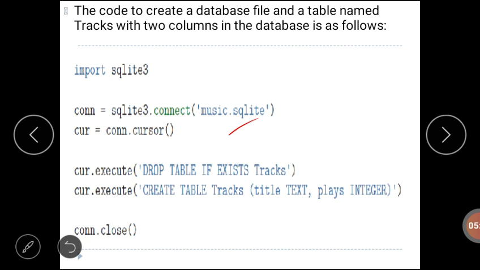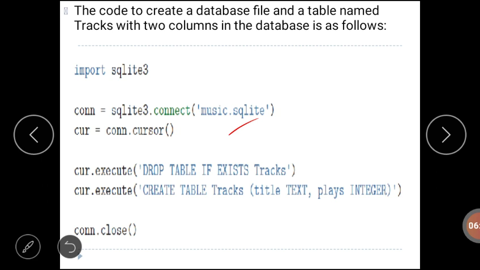A cursor is like a file handle that we can use to perform operations on the data stored in the database. Calling the cursor method is very similar to calling open when dealing with text files. Once we get a cursor, we can execute commands on the contents of the database using the execute method.